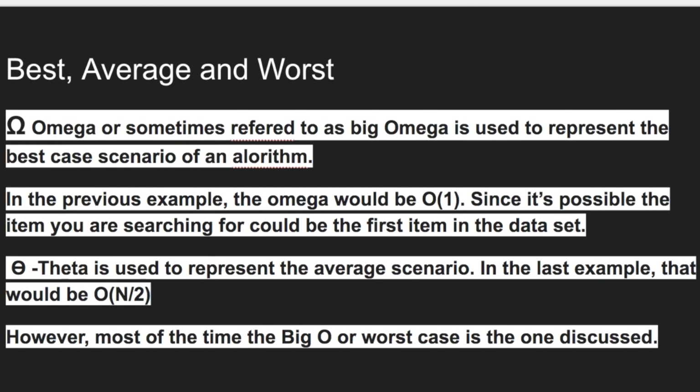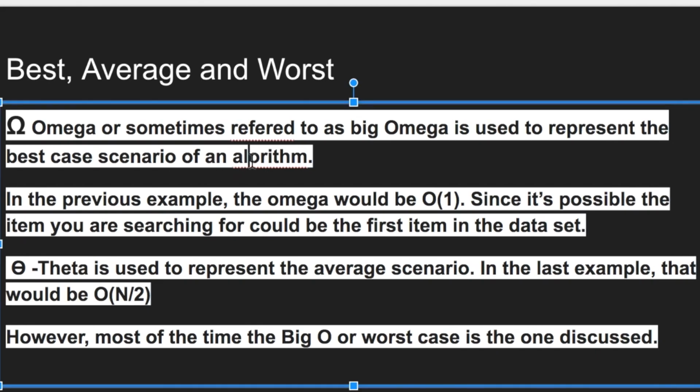So 90% of the time when you talk about big O, you're talking about the worst case scenario. But you may see the omega sign, sometimes referred to as the big omega, and it's used to represent the best case scenario of an algorithm. So the omega for our last scenario would be 1, because in the best case scenario, you only have to search through it once and look at one element in that array,